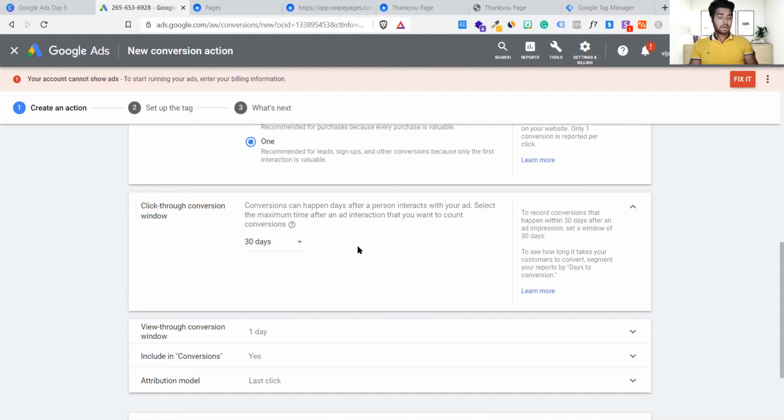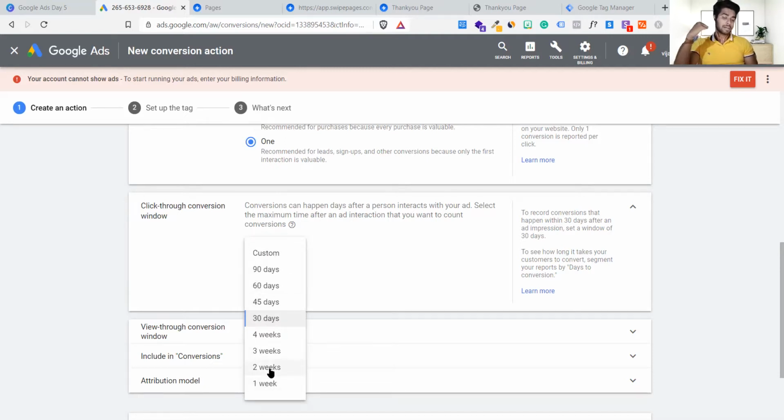Okay, but the moment I can change it, suppose my advertisement is something where if I don't get leads within 2 weeks, I will not count it as a conversion. So it will be out of my box. So usually we keep it as a 30-day conversion window. That is the default.